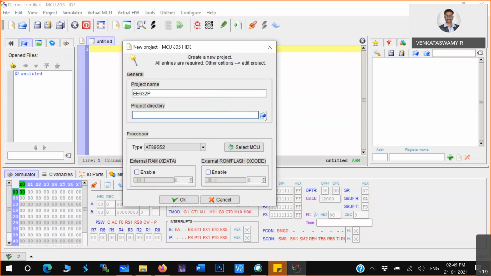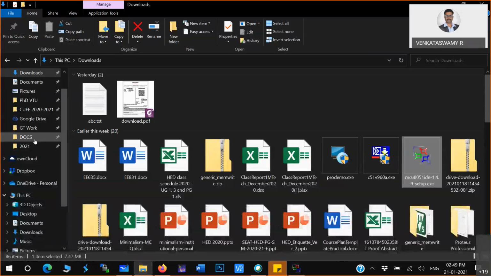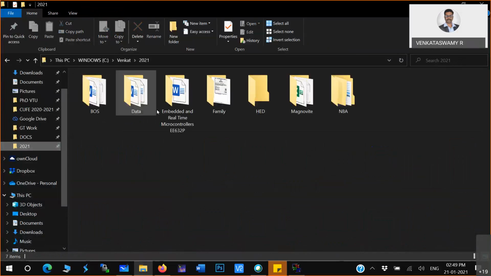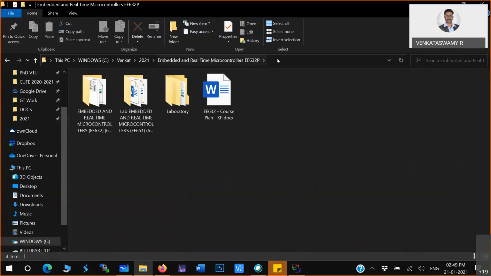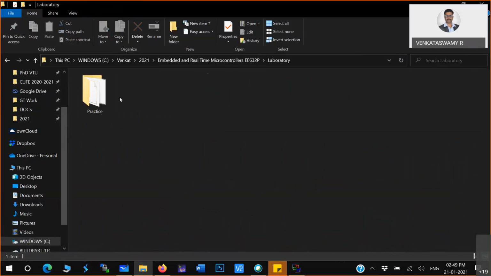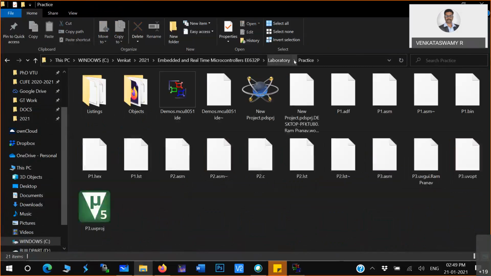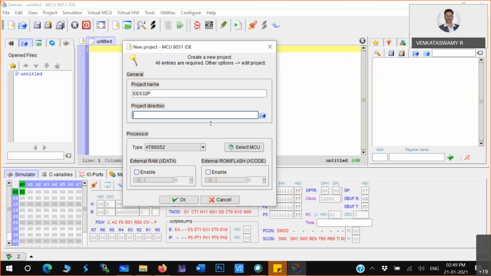Then choose the directory name. I am taking the laboratory folder, so now I have taken this particular directory.